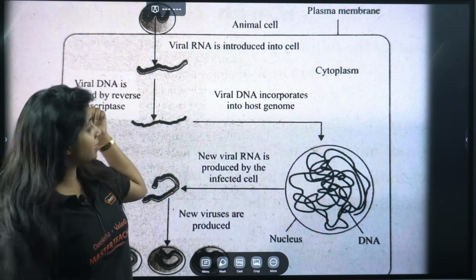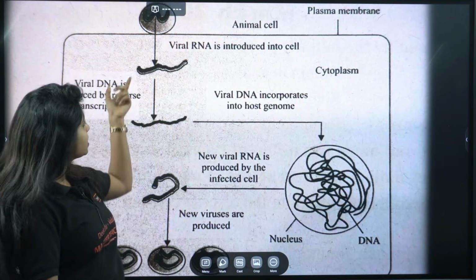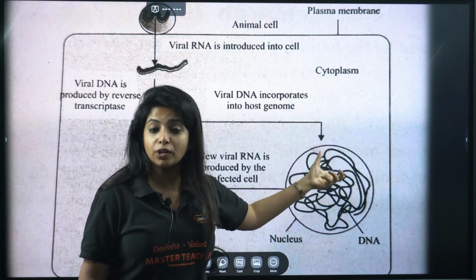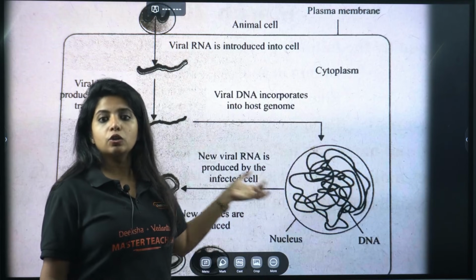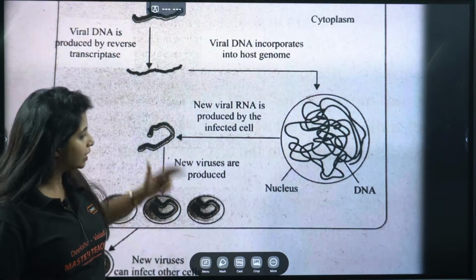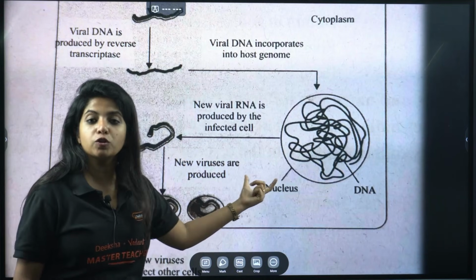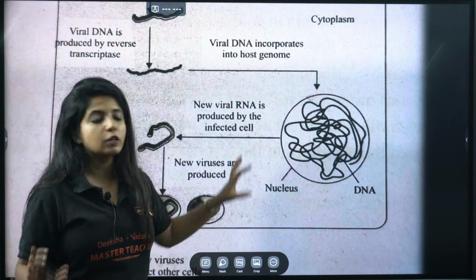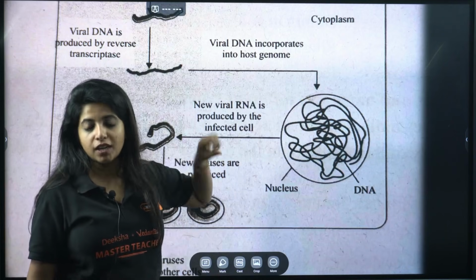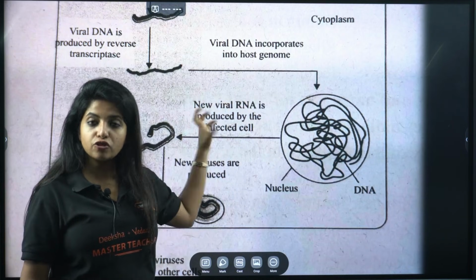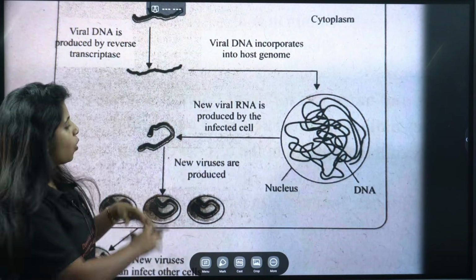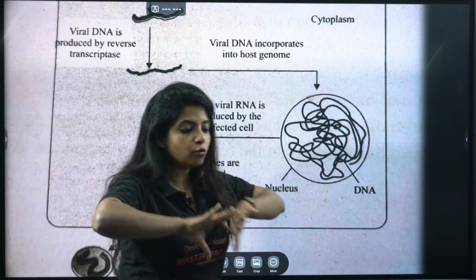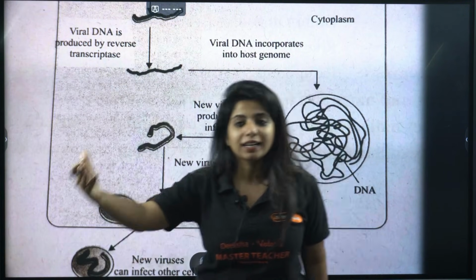Proteins like these enzymes which are there, they are proteins. You need an enzyme to do reverse transcription. You need an enzyme to get into our DNA, to be a part of our DNA as well. You need enzymes to later on cut down the big proteins which have been formed into small components. Everything has been made with the help of our machinery. So new viral RNA is produced along with all the other proteins, and now all of them assemble to form a whole new virus, and now these viruses will move out of the cell and go infect the other cells.